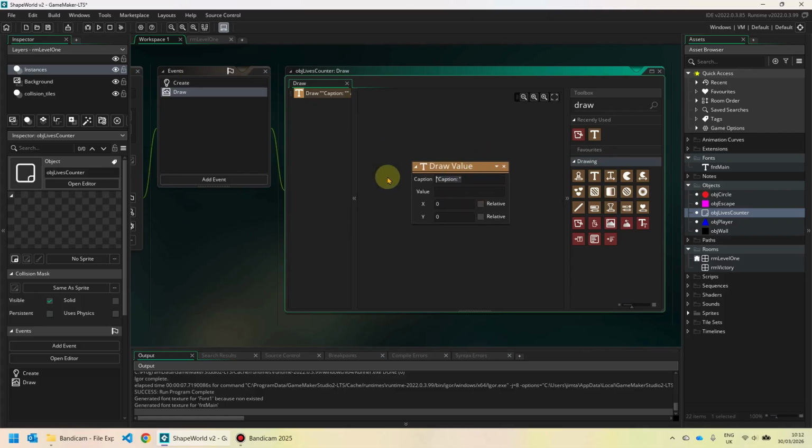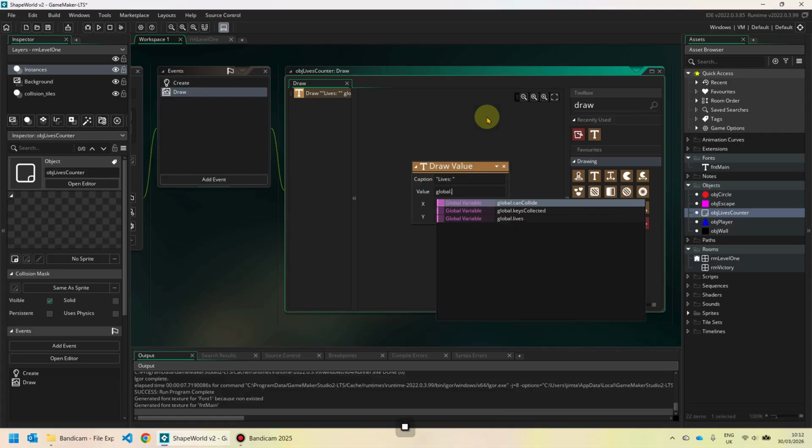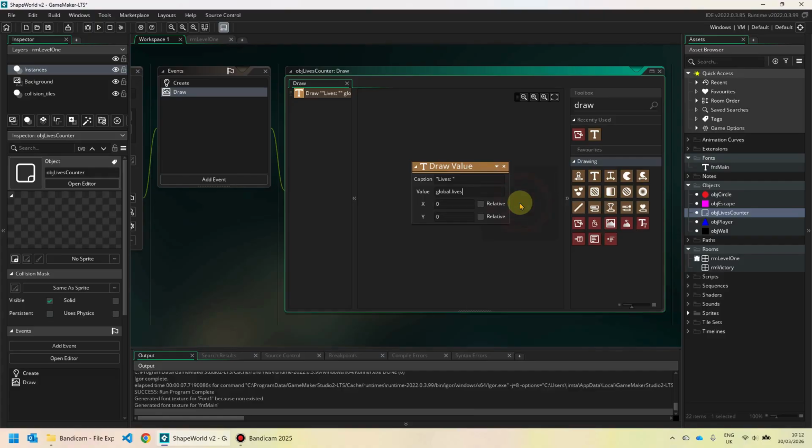And where it says caption, I'm going to change that to lives, and you'll notice that I'm including the speech marks in there. And value, I want it to be the number of lives that the player has got. And if you remember, we set that as a global variable. So I'm going to type global, and you'll see this little picker pops up. I'm going to put full stop, and when I start typing lives, you'll see that the global variable lives pops up. I'm going to click that, and I'm just going to change X and Y to 25 just to sort of offset it from the side of the screen. And I'm going to close that,